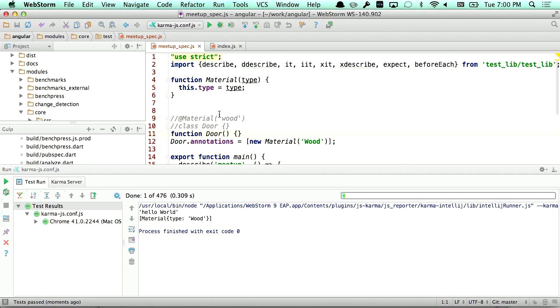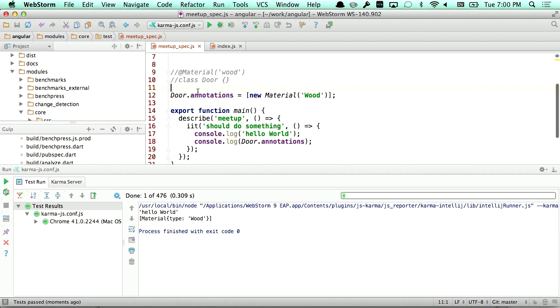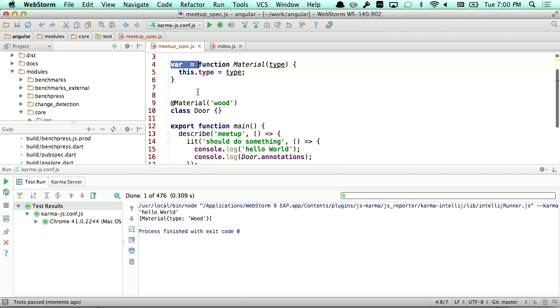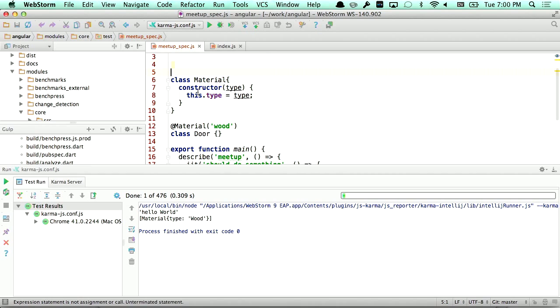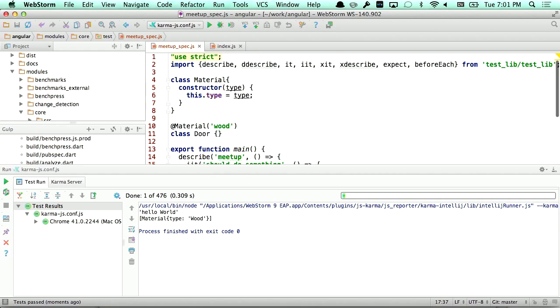Now, let's see if we can do more stuff with it. So let me undo all this stuff and go back to the nice and pretty format. Okay, let's make sure we still have material. And now let's do some fun stuff.